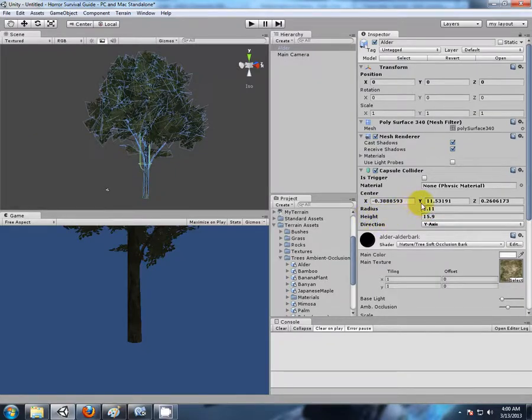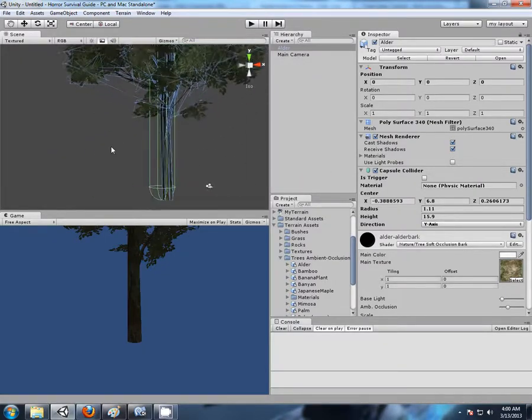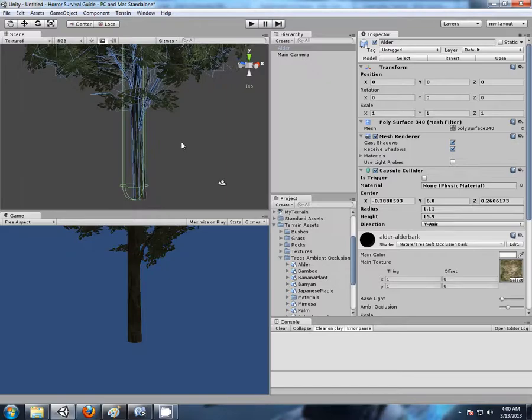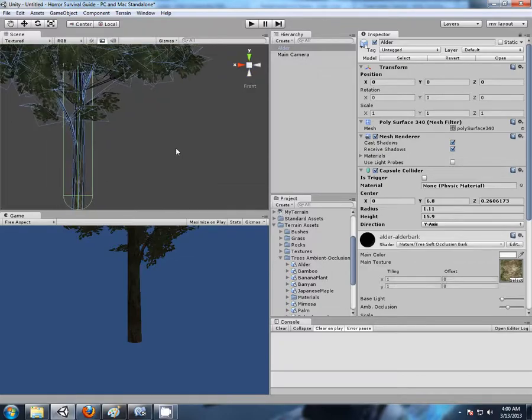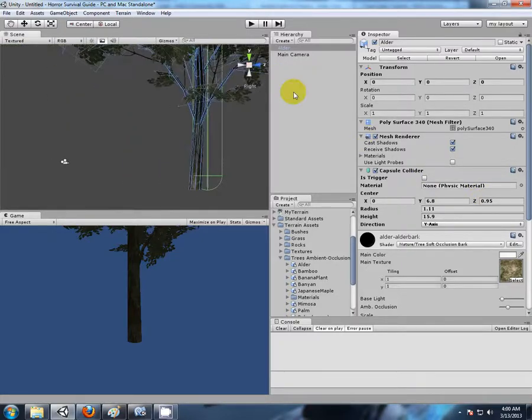Don't need so much height. And now we can see that the trunk is slightly offset there, so where are we working? Somewhere around the X. So we can bring the X down a little bit. Let's find the Z. The Z is looking quite good. No, wrong angle. There's our Z, so